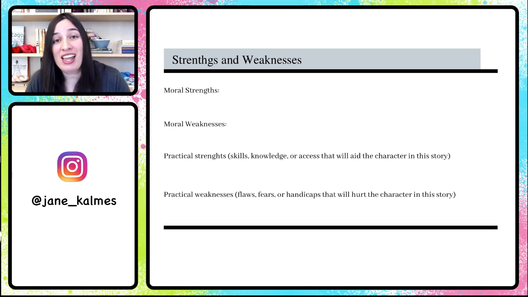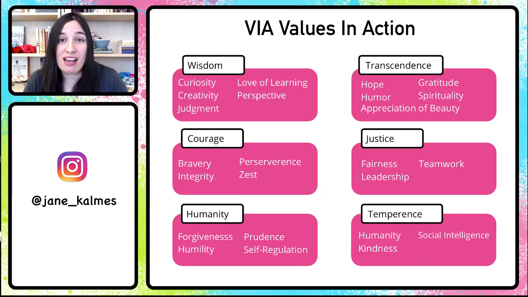The framework I like to use for this is the VIA Values in Action framework developed by psychologist Martin Seligman, and this is basically a list of 24 moral values that nearly every culture in the world has. So I like to just go through this list and pick out maybe the top 2 or 3 that my character really excels at, and the top 2 or 3 that they really kind of bottom out on. So perhaps I would say that they're really good at creativity and perseverance, but kind of bad at social intelligence